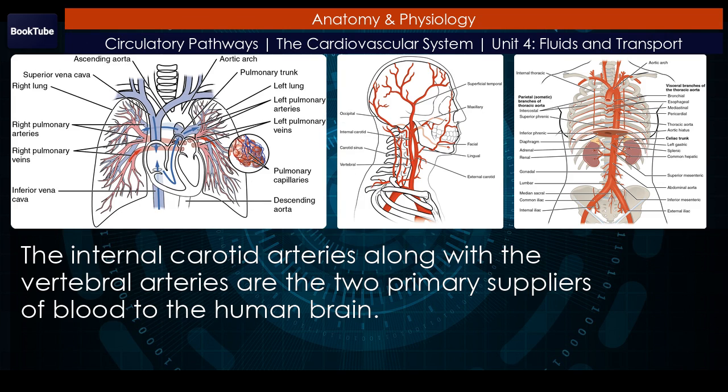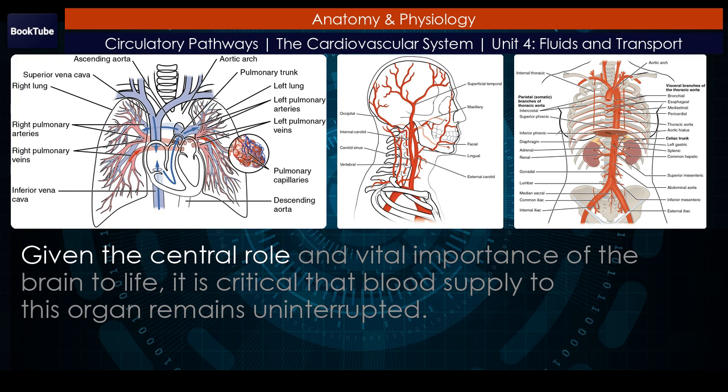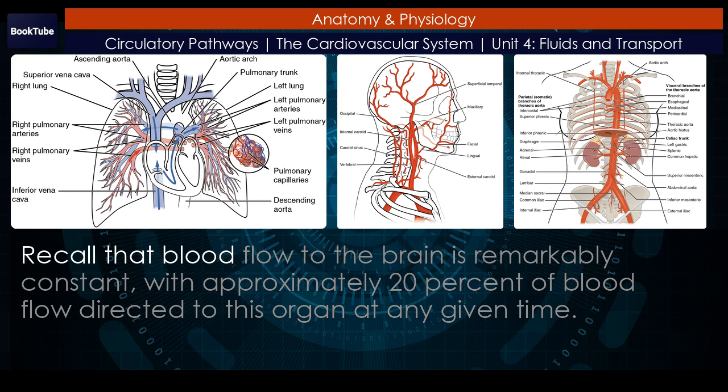the human brain. Given the central role and vital importance of the brain to life, it is critical that blood supply to this organ remains uninterrupted. Recall that blood flow to the brain is remarkably constant, with approximately 20% of blood flow directed to this organ